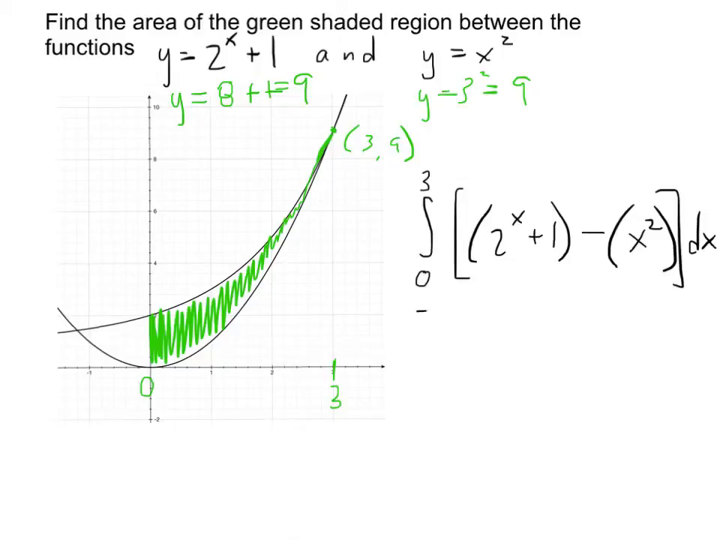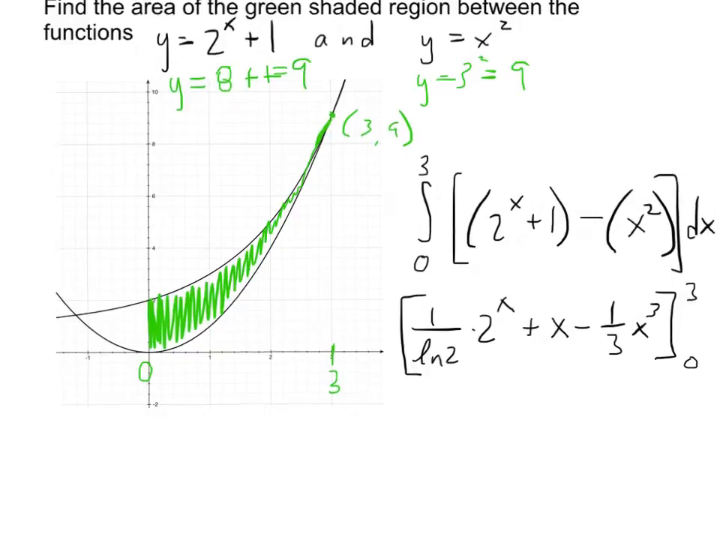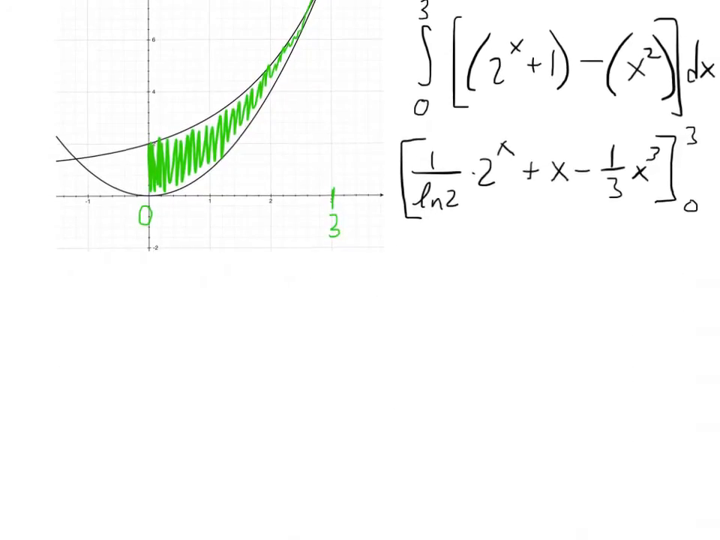Okay, so taking this integral, the antiderivative of 2 to the x is 1 over natural log 2 times 2 to the x, plus the antiderivative of 1 is x, minus the antiderivative of x squared is 1/3 x cubed, which we evaluate between 0 and 3. So first I'll plug in 3. I get 1 over natural log 2 times 2 to the 3rd power, which is 8, plus 3 minus, and when I plug in 3 here, one of them will cancel out, and I'll basically just be left with 9,